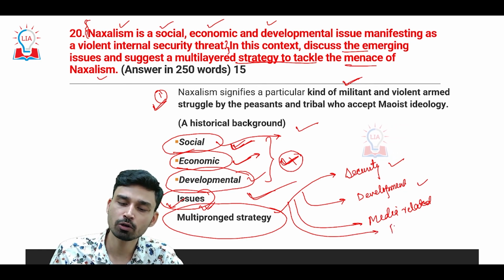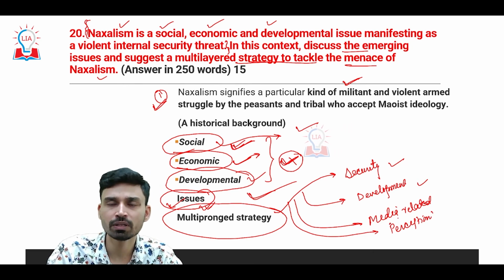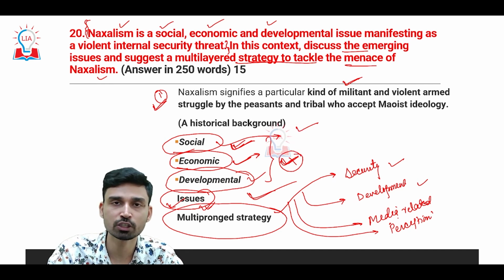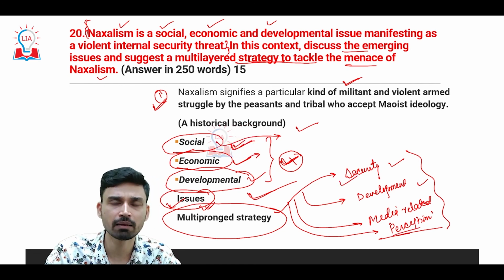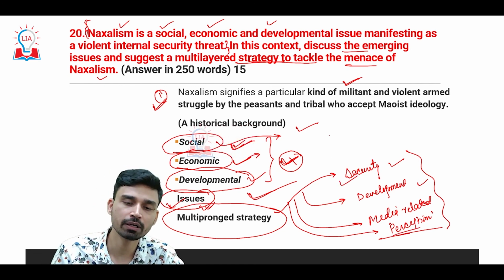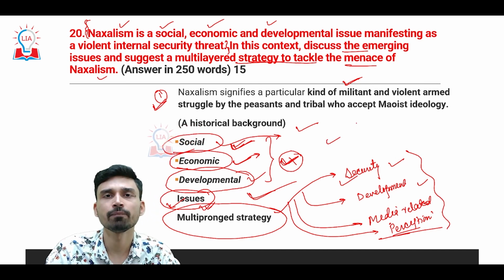Then apart from that, you can also talk about perception management strategy. The perception of the people of the Naxal areas toward the government is kind of negative, so that is something that also has to be changed. So these are the several multi-pronged strategies. The government has taken several steps, and many other steps can be taken in these areas, which you could have written in the last part of the answer, and then you could have concluded your answer